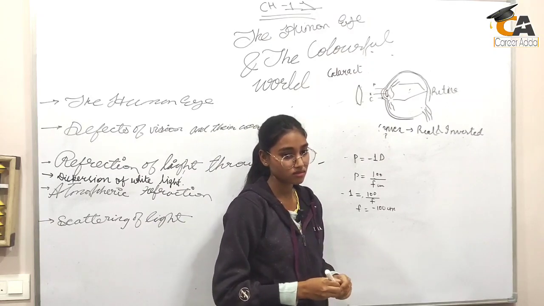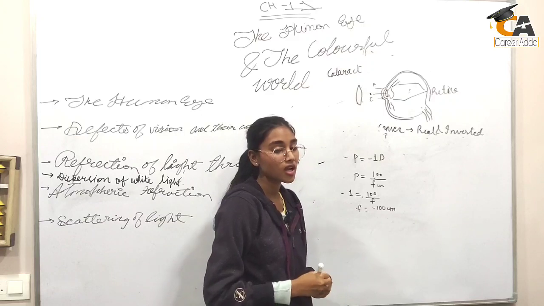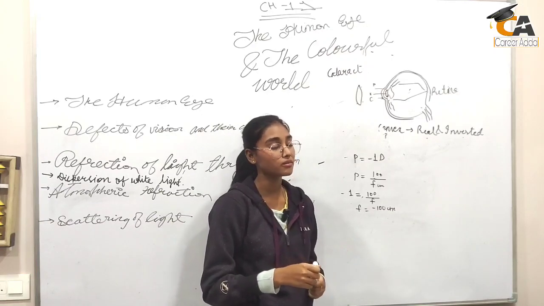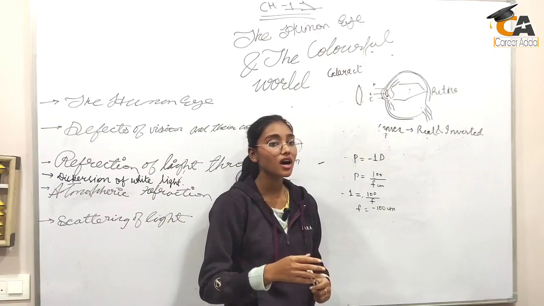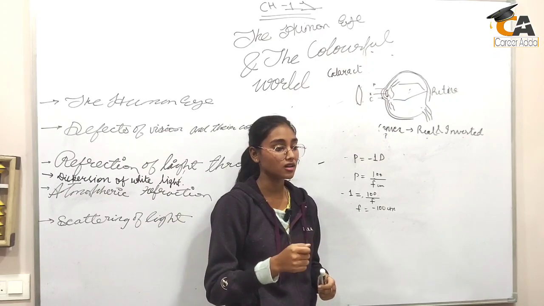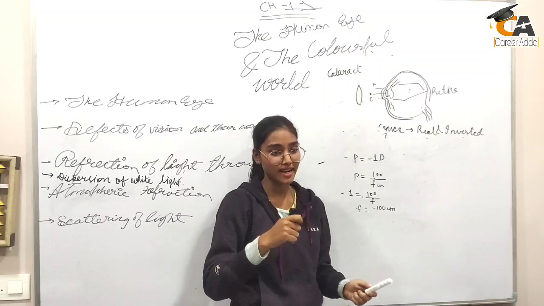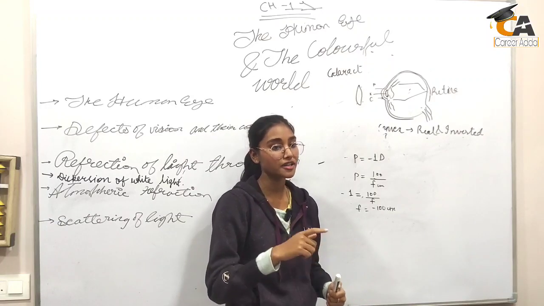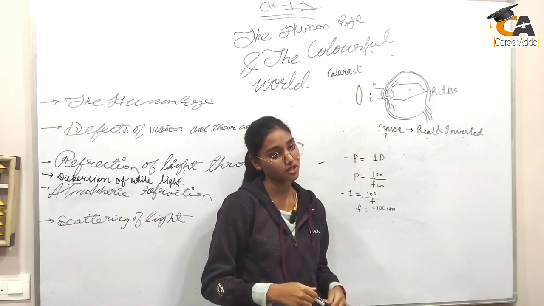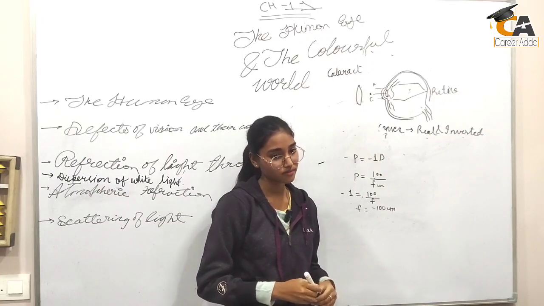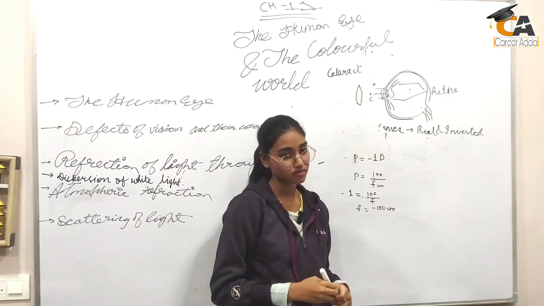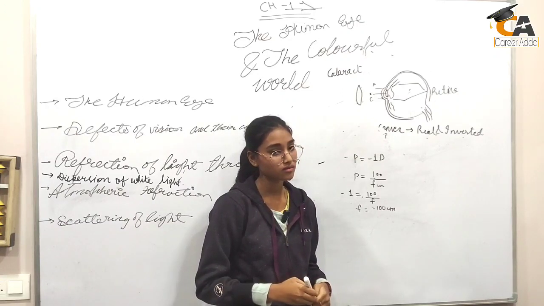So you should see the image upside down, yet everyone sees it upright. Sir, the reason behind this is that when the impulses are sent to the brain, the brain quickly responds to this, and the inverted image is turned into an upright image. Impulses is called electrical impulses. Okay. Any question?